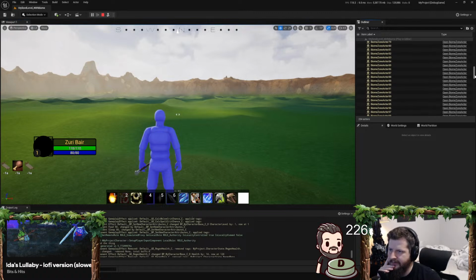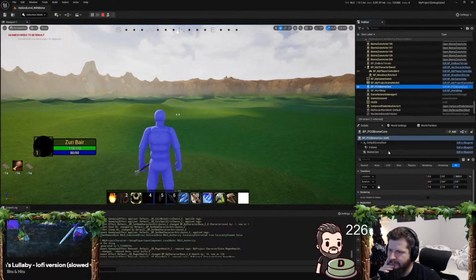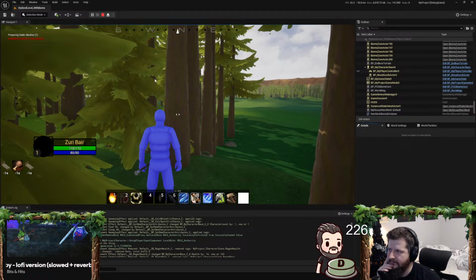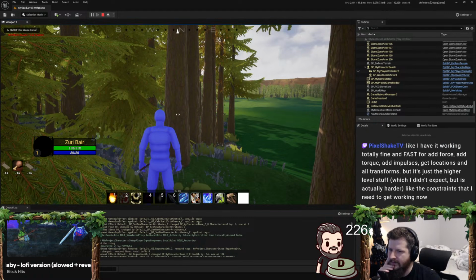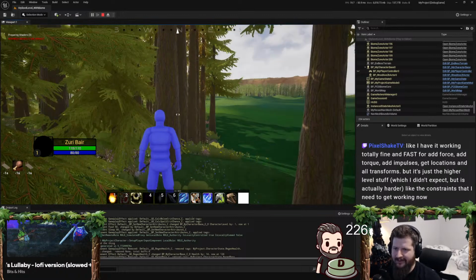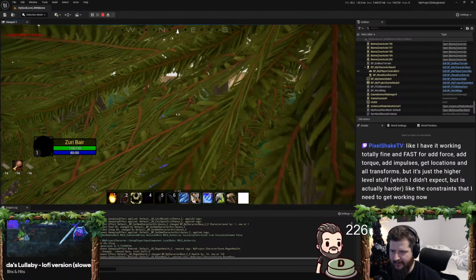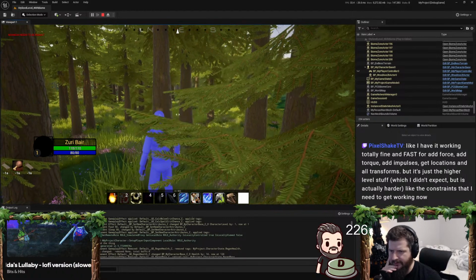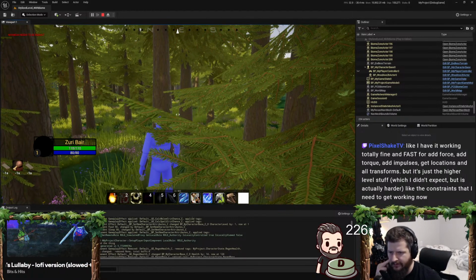Let me turn PCG on. Is this a forest? This is a forest. Make it work is really a case of almost everything on the game thread. So it's just about pulling data earlier and sending it to the same function. It's just like a maze. Okay, I have it working totally fine and fast for add force, add torque, add impulses, get locations and all transforms, but it's just the higher level stuff. Didn't expect, but it's actually harder, like the constraints. Yeah,